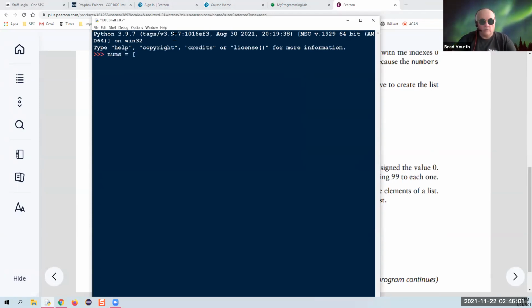And this time I'll just do the numbers from 1 to 6 by typing them in. But now I could go through that loop. I could say for n in nums